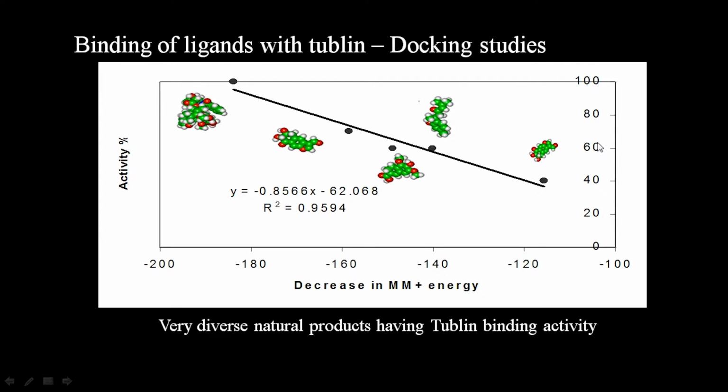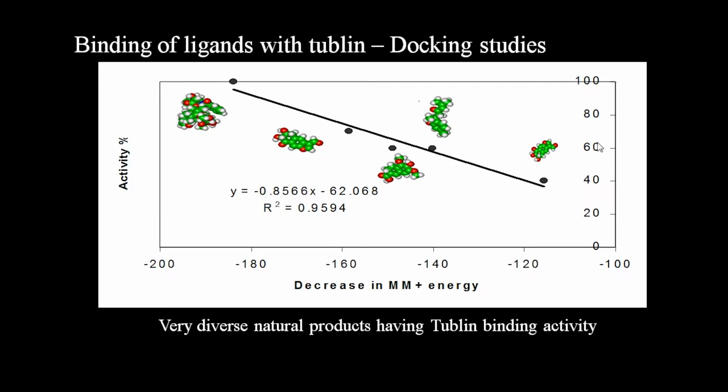So I am showing a lot of examples of target based drug design where we can do the binding of various ligands. Once we have the protein of our interest,